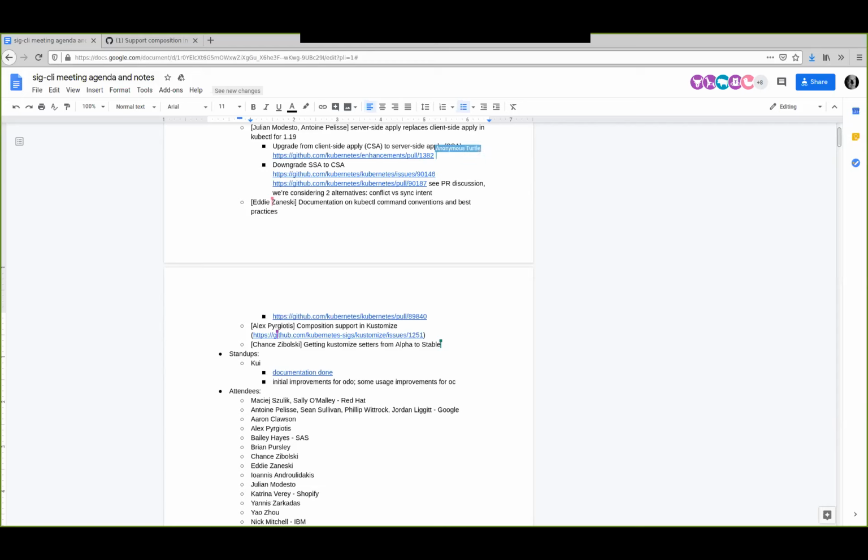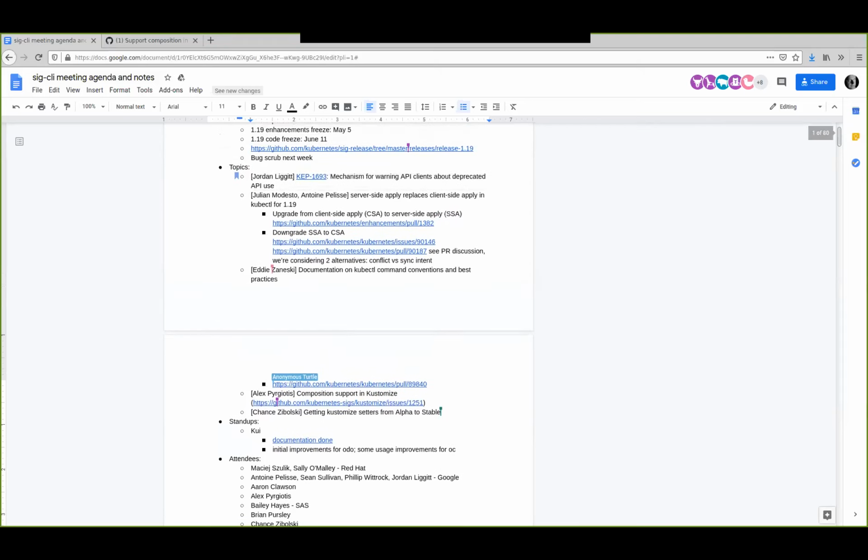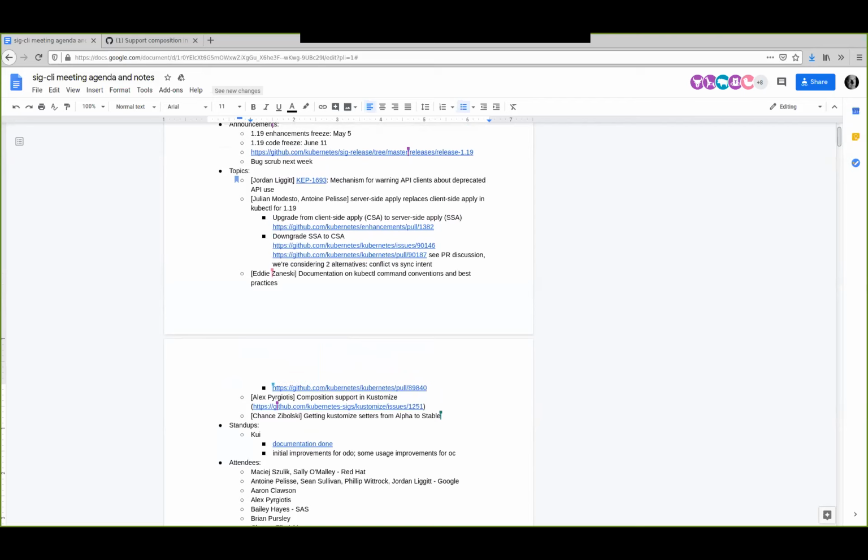A simple example is just, I want to disable this feature, and I don't want to have to look at the commit history to figure out what the YAML needs to look like for that to be changed. If I just had a common patch that I could include when I want to toggle something on and off through, say, an environment variable or whatever, that would be a case for reusable composition or reusable patches. We have also some examples in a different repository, which are linked in the PR.